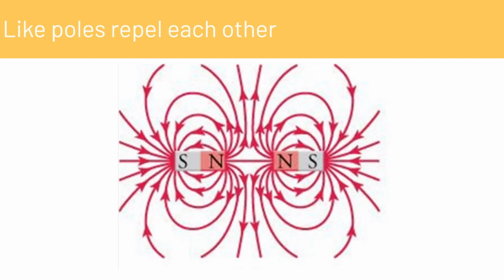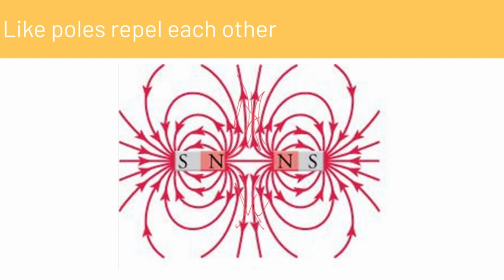Here we can see the field lines for two magnets that have like poles pointing towards each other, north pole towards north pole, and you can see the field lines repelling each other. They're bouncing off of each other. When you try to put a north pole against a north pole, they push off of each other, and the field lines are really moving off and fighting each other. This is similar to the way electric charges work.